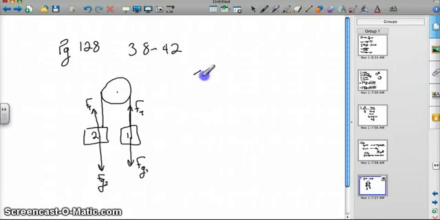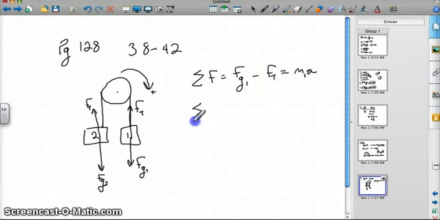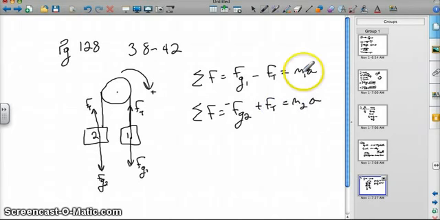We could say that the sum of all the forces is equal to the force of gravity in the first object minus the force of tension, and I've made this direction positive, and that's equal to the mass times the acceleration. And for the second block, I'd have negative the force of gravity plus the force of tension equals mass 2 times the acceleration, and you could solve that from there. And we'll talk more about the